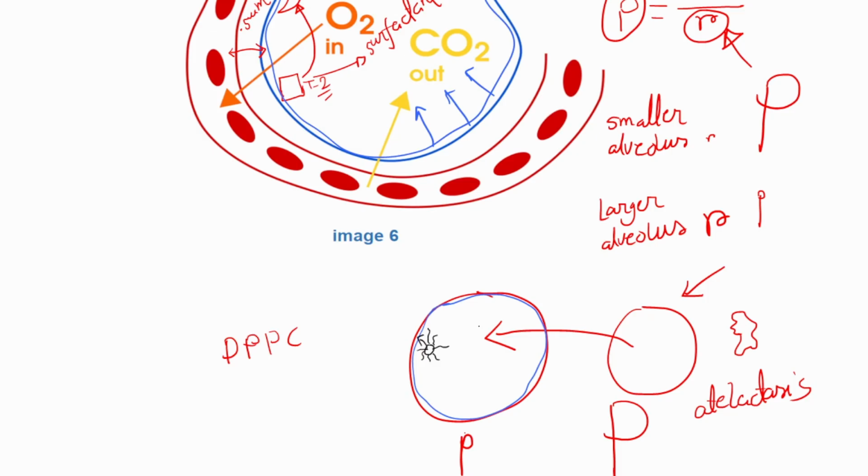reduces the surface tension. More importantly, surfactant molecules become much more concentrated in smaller alveoli. That means the smaller one will have more surfactant compared to the larger ones. This means surfactant reduces surface tension dynamically, equalizing the pressure across both small and large alveoli, stabilizing them, and preventing smaller ones from collapsing into larger ones. By reducing the surface tension component of elastic recoil, surfactant drastically increases lung compliance, making the lungs significantly easier to